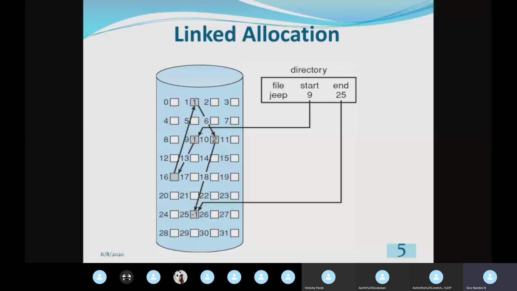Like this, for file 2, after allocating, we will have one logical block remaining, because the cluster or group for file 2 contains 10 logical blocks. In that, file 2 occupies only 9 logical blocks. So we have one logical block remaining. Okay. The same way, for file 1, the cluster contains 10 logical blocks, but the size of file 1 is 8. So we will have 2 logical blocks remaining.